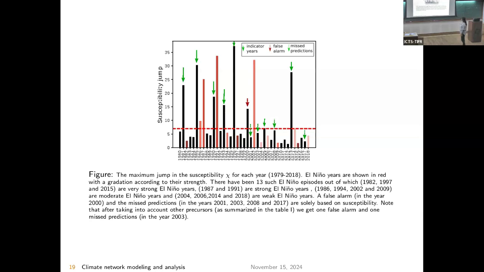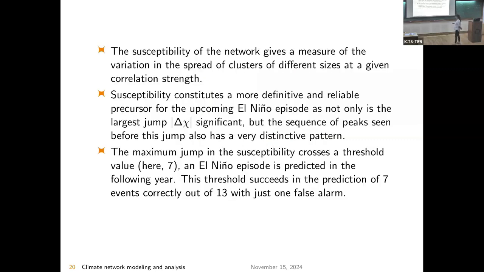Do you have any possible speculation on why that jump didn't happen, why that false alarm? As I said, there was a prolonged La Nina happening at that time. So maybe because of that, there was some sort of strong correlation happening. It's a complicated thing, and also how long it lasts. Some of the El Niños actually last.